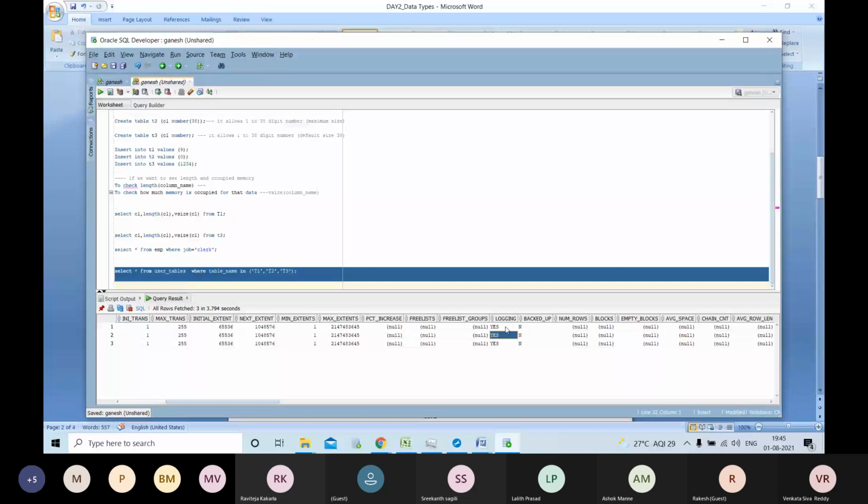In the similar way, those people will maintain some log information. Government also will maintain this log information. In the similar way, if you are doing anything, Oracle will maintain some log. Okay, it maintains some log for everything.